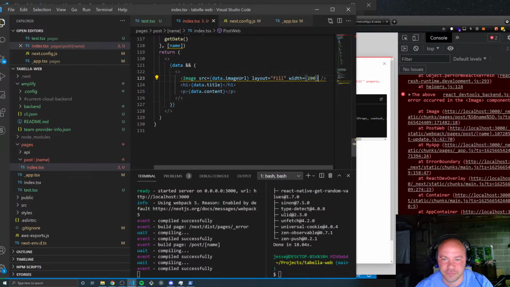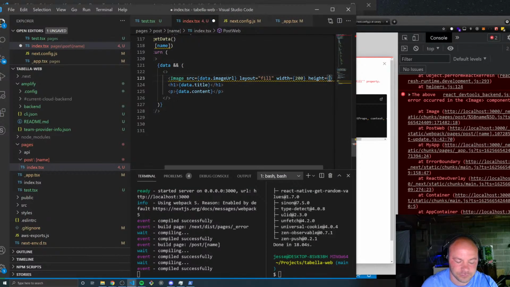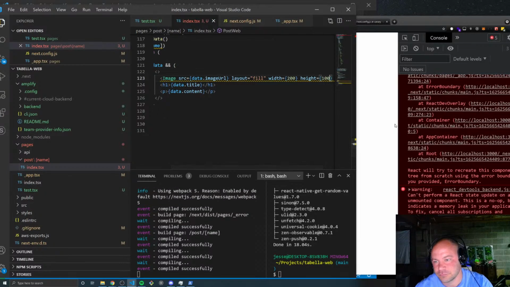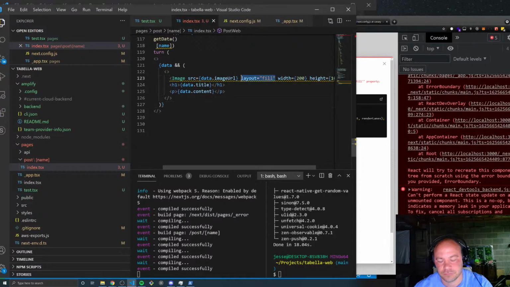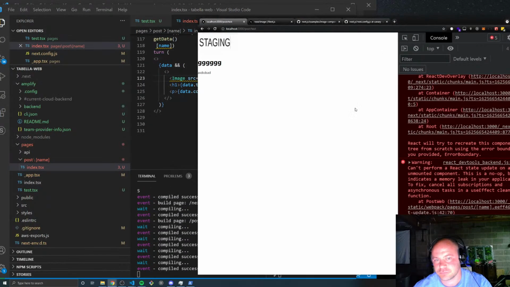I need height too. There we are. Okay. That took quite a while, but we now have our image, which just says staging,